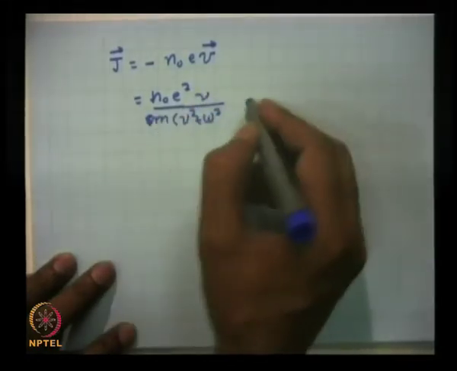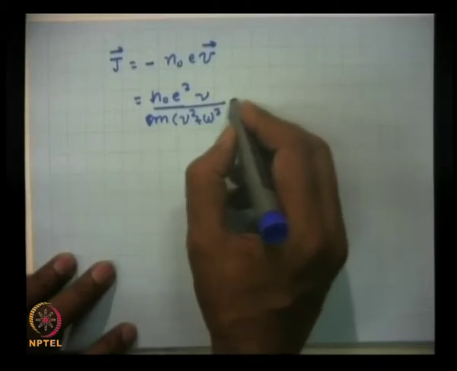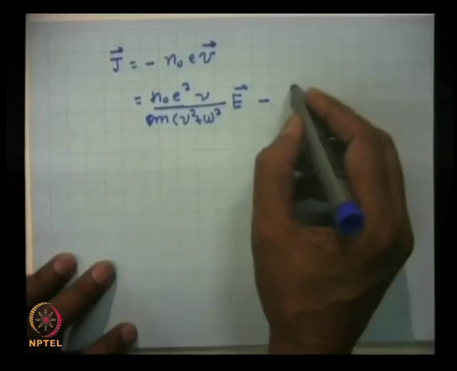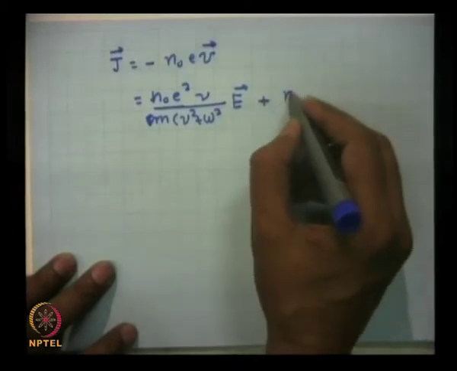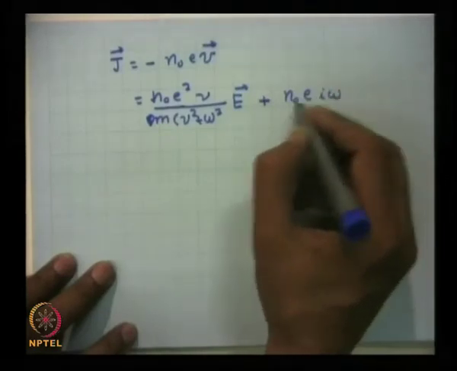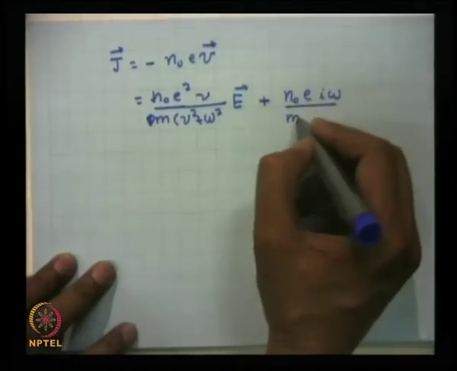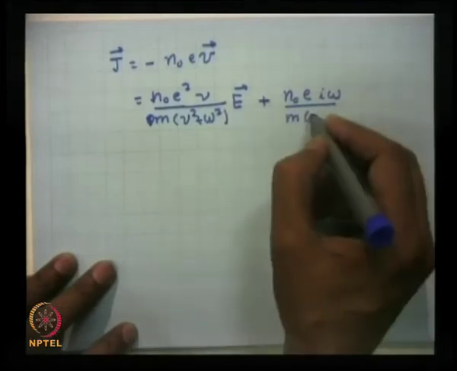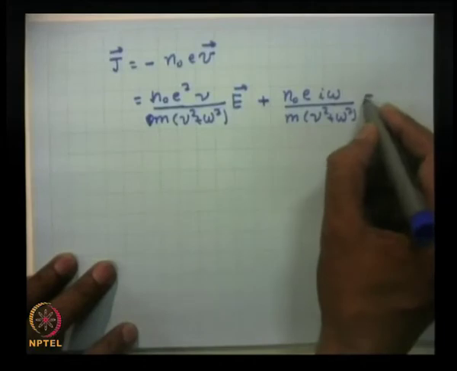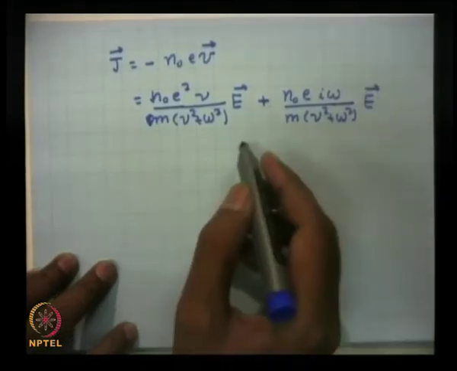Sorry, this quantity is J into E, and another part would be plus N0 E i omega upon m, nu square plus omega square, into E. This is called the resistive part